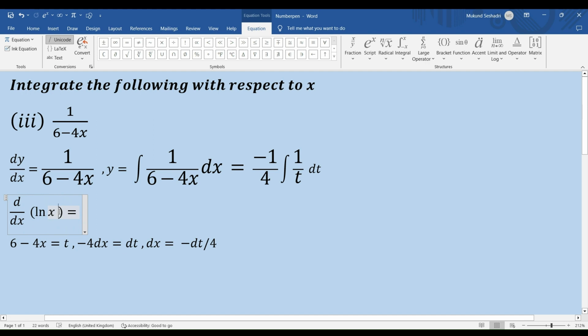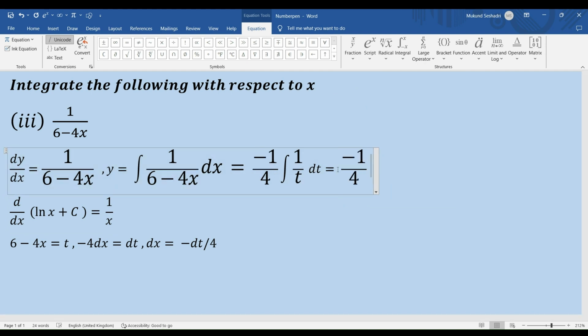And which also means, because one function can have multiple antiderivatives in the world of integral calculus, right? So I add the arbitrary constant because my d by dx of an arbitrary constant is 0, and therefore when my d by dx of ln x equals 1 by x, my d by dx of ln x plus any constant is also equal to 1 by x, right? Now I try and relate this to what I have in my y expression, right? So I have minus 1 by 4 dt by t, and when I write that, I get ln of t,